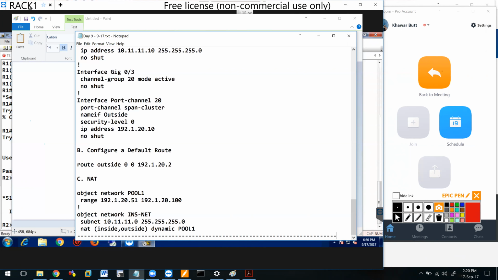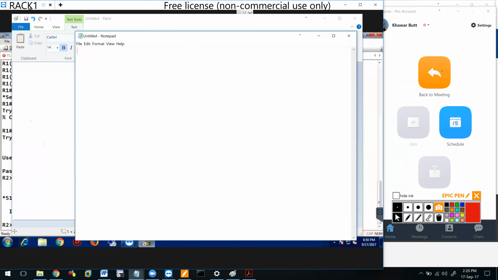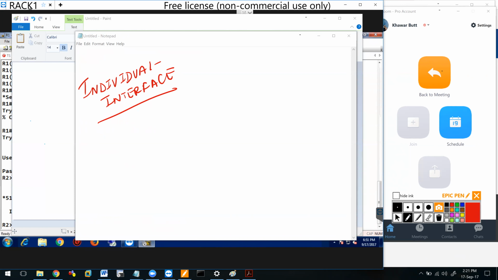Now, the next one is the individual interface mode. What is that? Let me explain that first, and then we will do it. This is a non-preferred way of doing it. In this particular mode, I don't set up any port channels. The individual interface mode is the non-preferred one. No port channels over here. The way it's done,